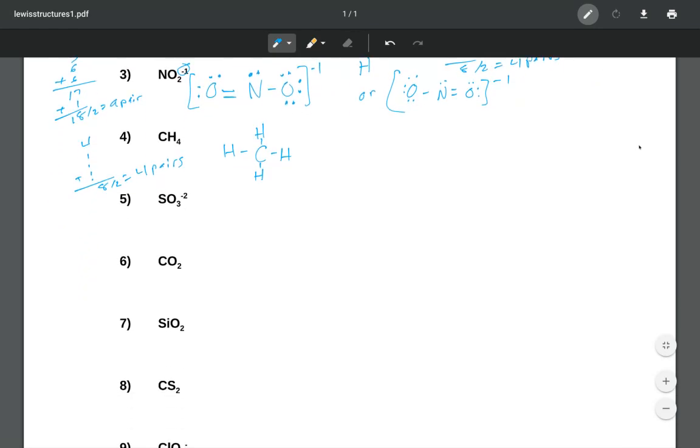Next, we've got the sulfite polyatomic ion. It's a sulfur with 3 oxygens, -2 charge. So I've got a sulfur. I've got 3 oxygens. If we add up the electrons, everything's in group 16. So we've got 6 plus 6 plus 6 plus 6. So we add that together, it's 24. We also have a -2, so add 2. That gives us 26 electrons